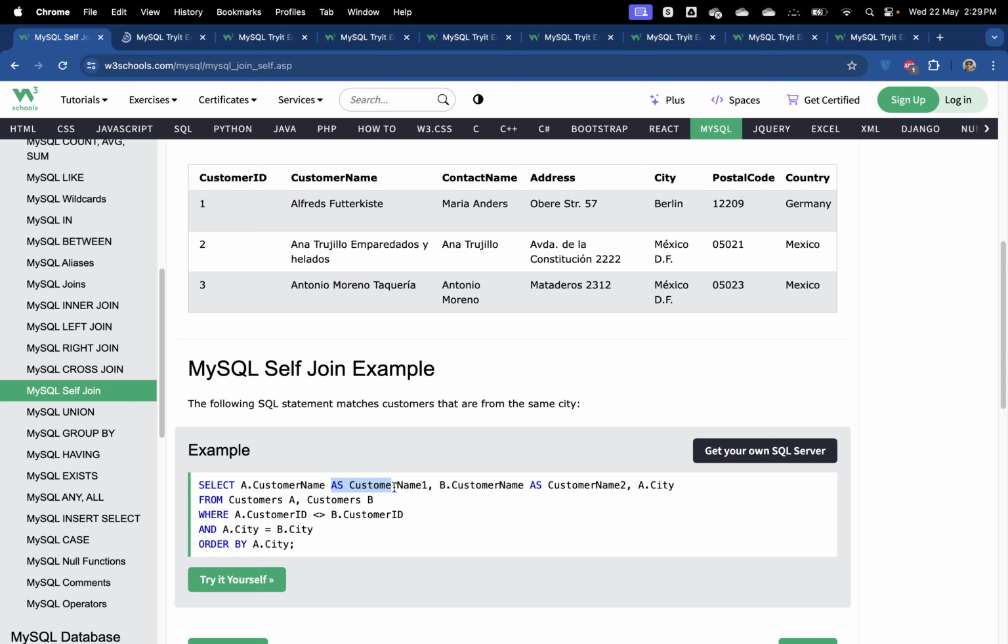And then we name this as CustomerName1. Because we're getting two records from the same table, we can set an alias for the column name as well. So we have said as CustomerName1 and the second customer name as CustomerName2. And then find out the city. So we say where A.CustomerID is not equal to B.CustomerID, a clause to make sure we get two different customers from these tables, but then have the same city name. So A.City equals B.City: go into table A, find out the city name, and it matches the city of table B,